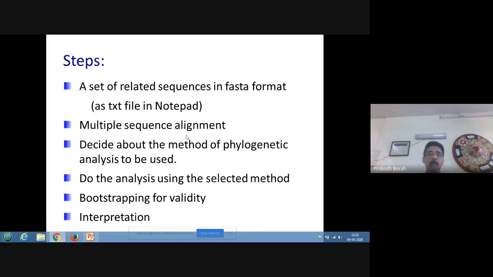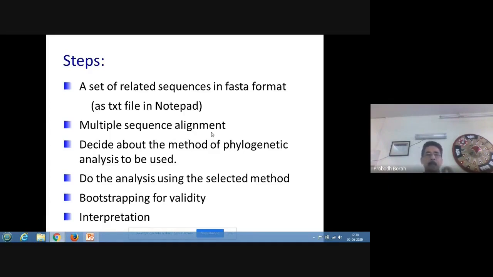So we need not have a separate multiple sequence alignment tool. But of course, you can also use ClustalW, ClustalX, or Muscle separately for first doing the alignment, then take the alignment file to MEGA. But that is not essential because MEGA itself contains both the multiple sequence alignment tool as well as the phylogenetic analysis tool.